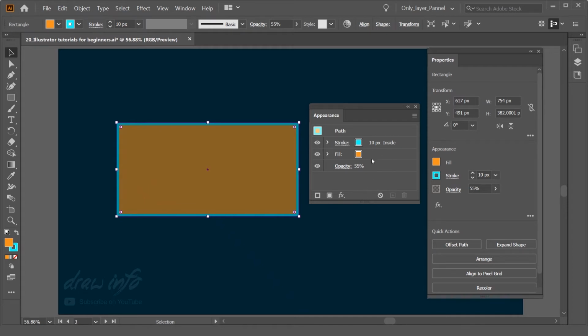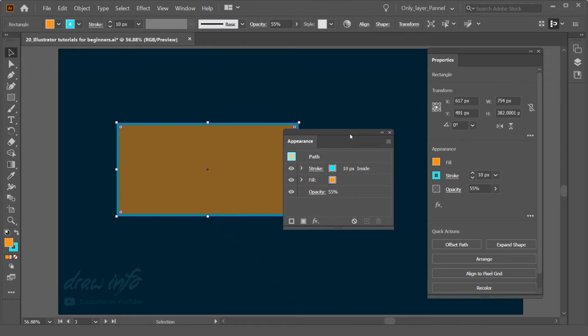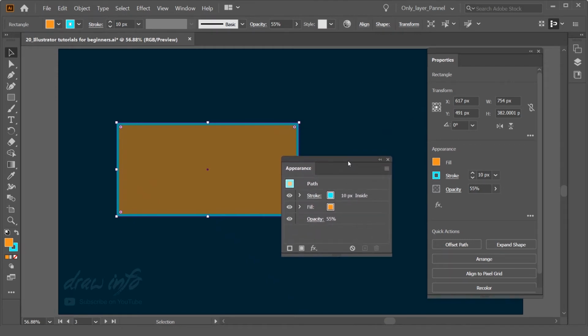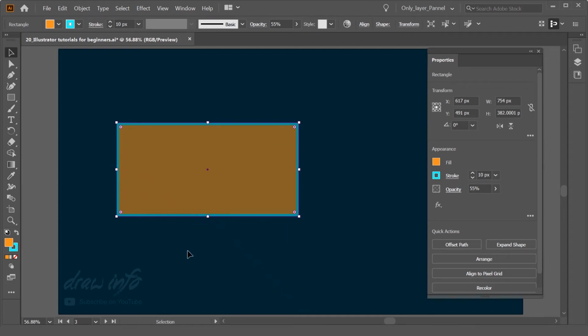This kind of detail we will go into in the next tutorial, where we are going to create a very complex level of artwork. At that time I'll explain all the properties. At the moment I'm keeping this as a basic tutorial, so you get the basic idea about these tools. So now I increase this opacity to 100%.